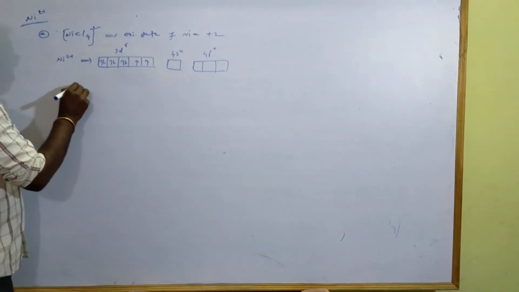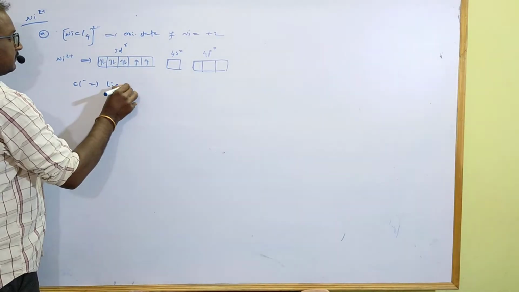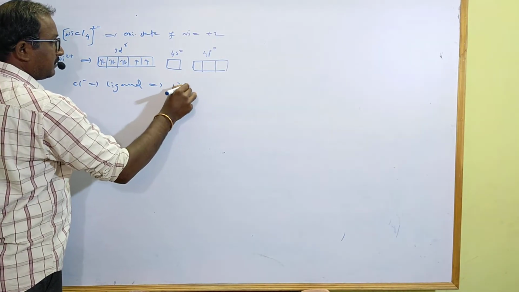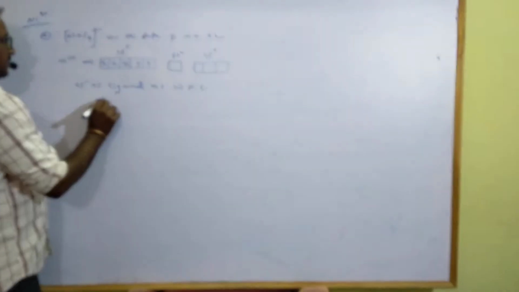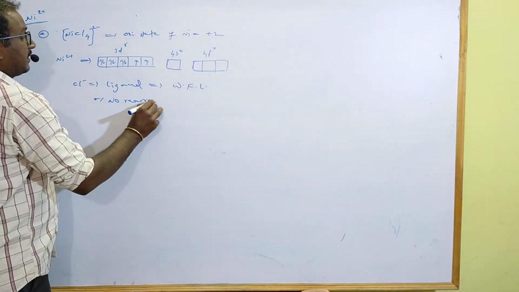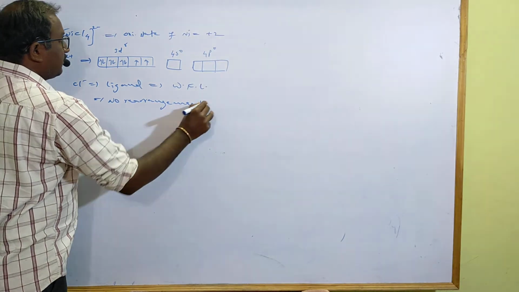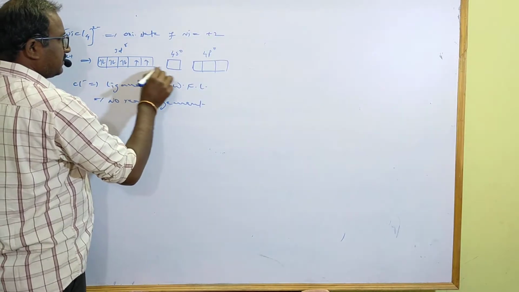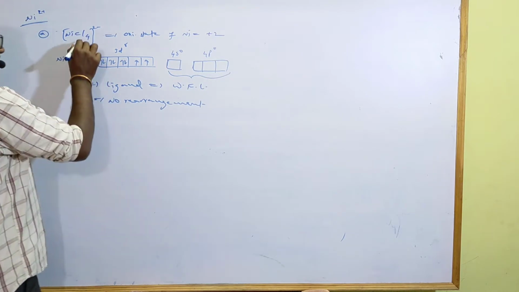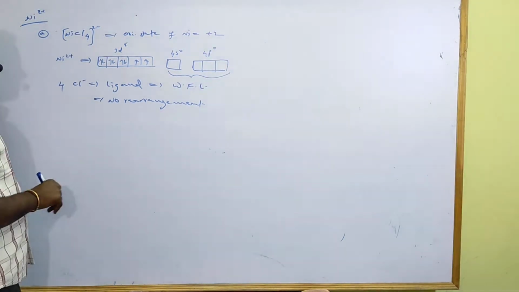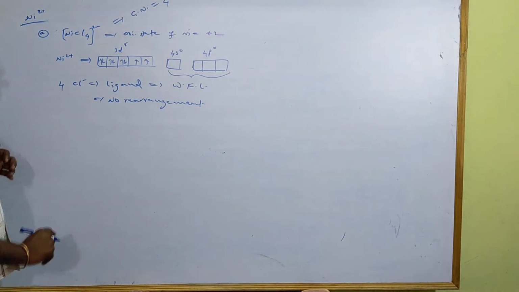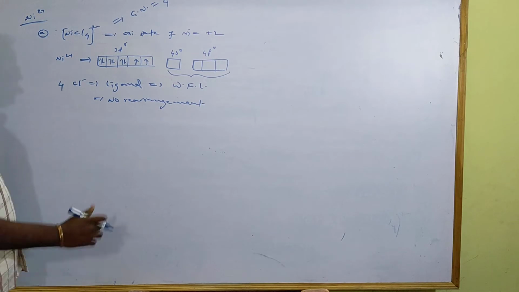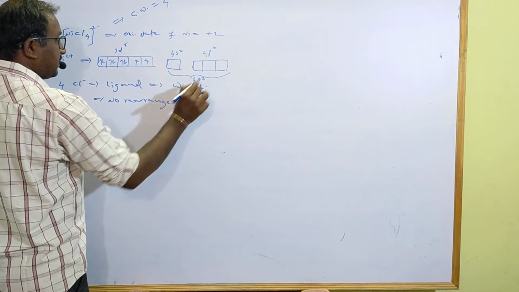Here Cl- is the ligand. Which type of ligand? Weak field ligand. Why? Because it is a halogen donor, X donor. So no rearrangement against Hund's rule. If no rearrangement, directly it undergoes hybridization. Because there are 4 chlorines, coordination number is 4. So 4 empty orbitals of equal energy must be there. That is possible by sp3 hybridization.